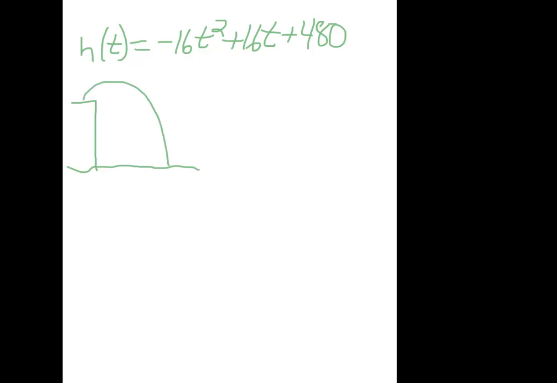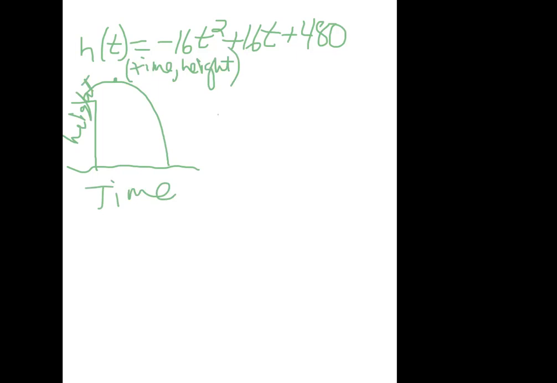Okay, so I'm looking for the vertex. It is going to show me how high he ever got and how long it took me to get there. So which coordinate of the vertex do I need, the x or the y, for how long it took? Hopefully you're saying the x coordinate. The x coordinate is time, the y coordinate is height. So when I find x comma y, I'm really finding time comma height, if you want to think of it that way.